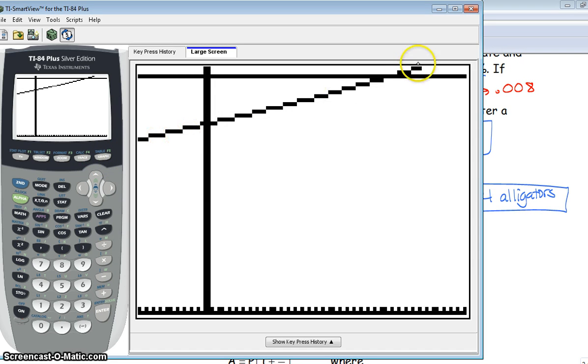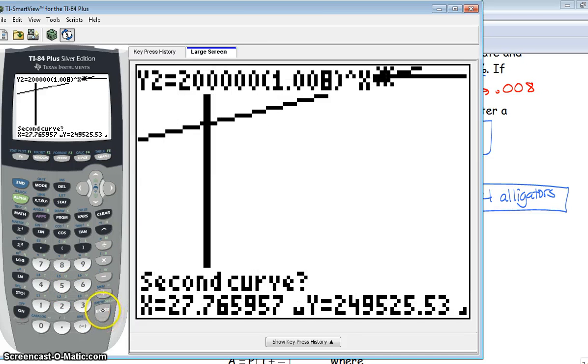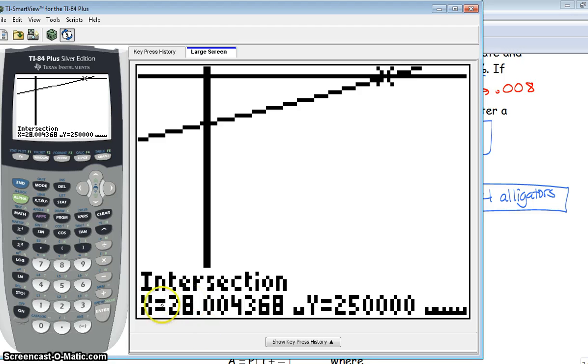Now our exponential growth model is right here. This is representing the growth of the alligators. The horizontal line is representing when that population meets 250,000. So I want to find that intersection point. So I do second trace, number 5, first curve enter, second curve enter, and then I guess, and I find